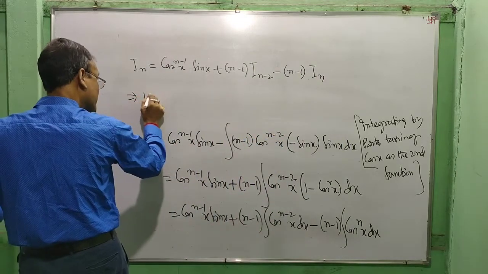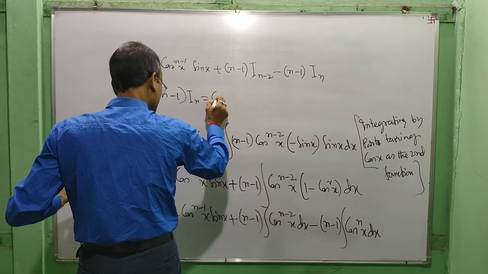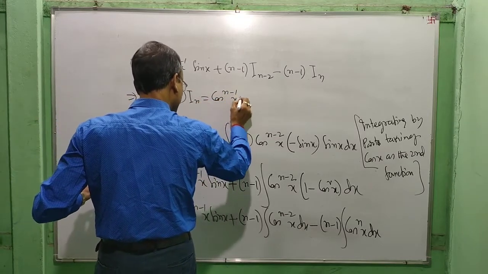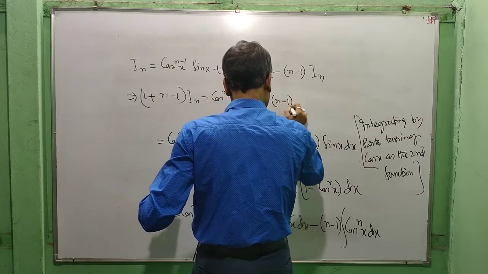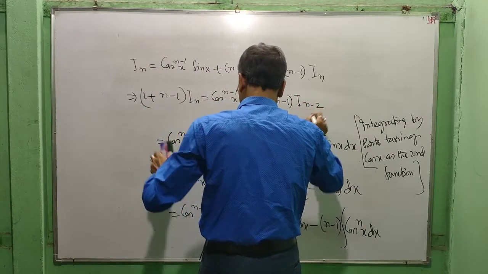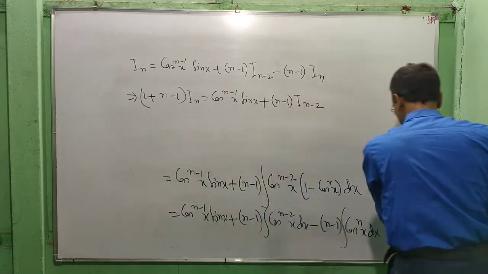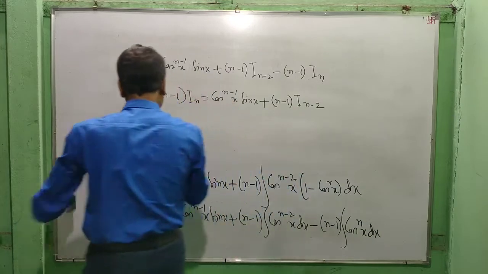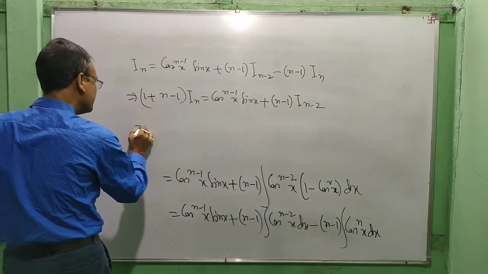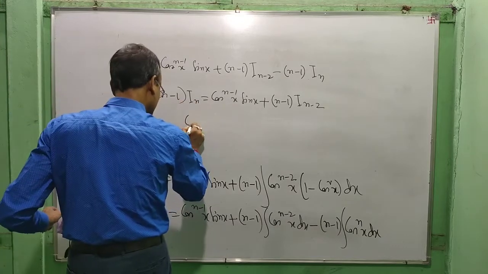This means 1 plus n minus 1 into I n is equal to cos to the power n minus 1x into sin x plus n minus 1 into I n minus 2. One cancels. This means I n is equal to, dividing both sides by n,